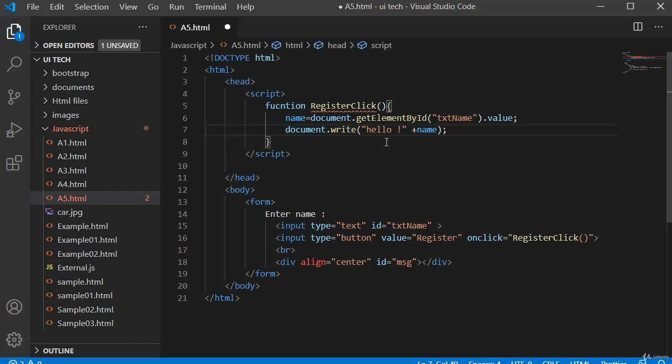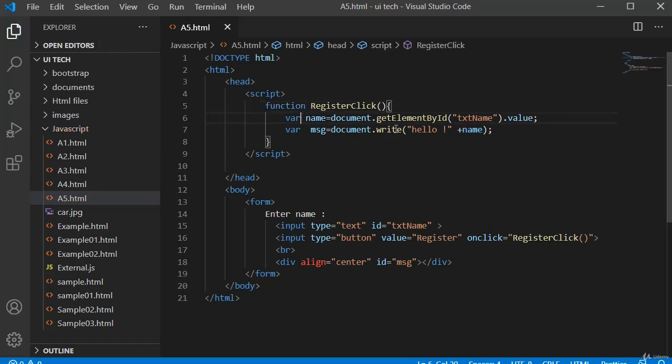So in this I'm using hello. After that I'm using the name variable to print my name. Here we made a mistake. It is a function. Yeah, now it is perfect. Just save it, Control S. So we are done with our program.